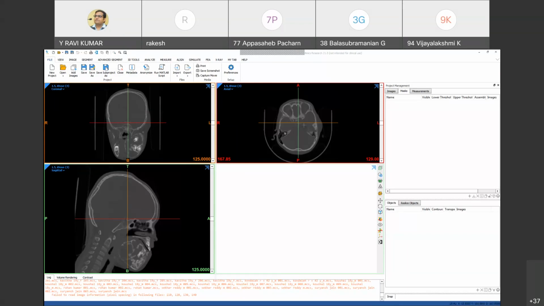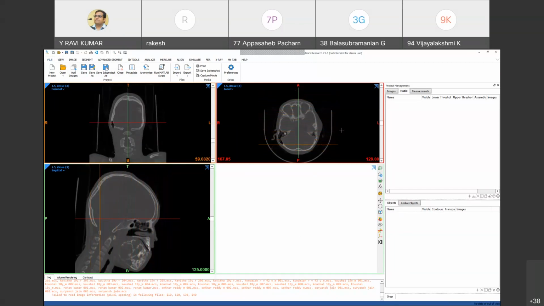One is coronal, axial, sagittal, and another is the 3D model. These views, you can see the grayscale images by scrolling up and down. Here also, here also.